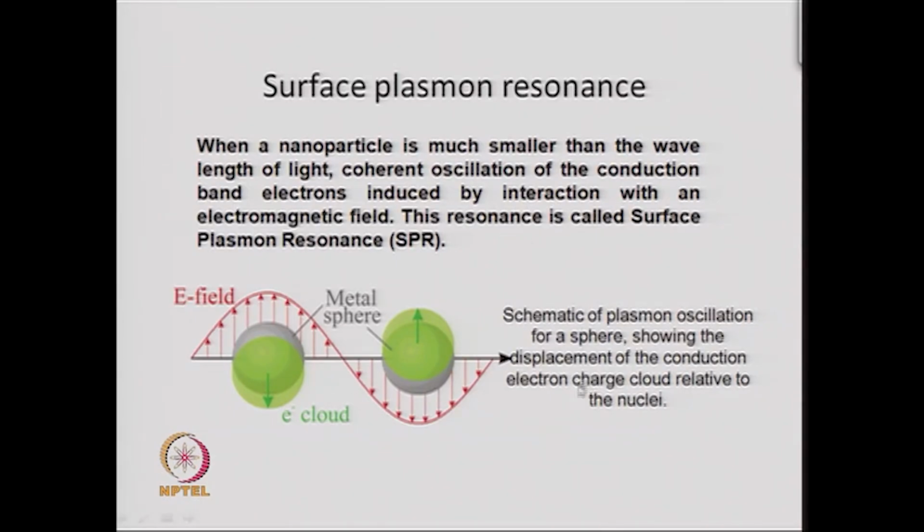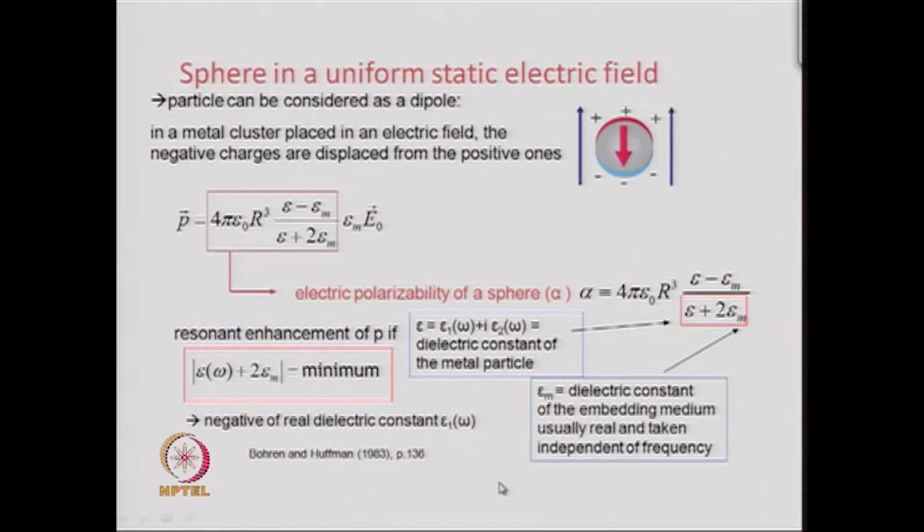Suppose the particle had been this big and this is the wavelength, then you will not see this surface plasmon resonance. You see this when the size of the particle is much smaller than the wavelength of the light, and then you will see these oscillations of the conduction band electrons, and that is called the plasmons. Now, when you have this kind of particle, which you consider as a dipole,